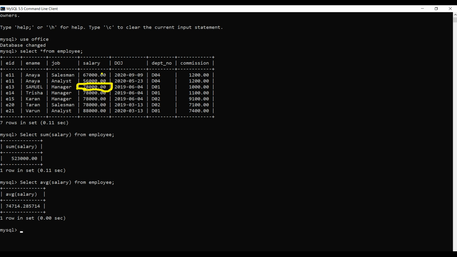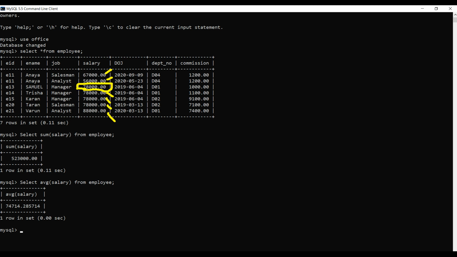As you can see, there are 7 records. When data is filled in all the rows of salary, we total it and divide it by 7, as there are no null values.